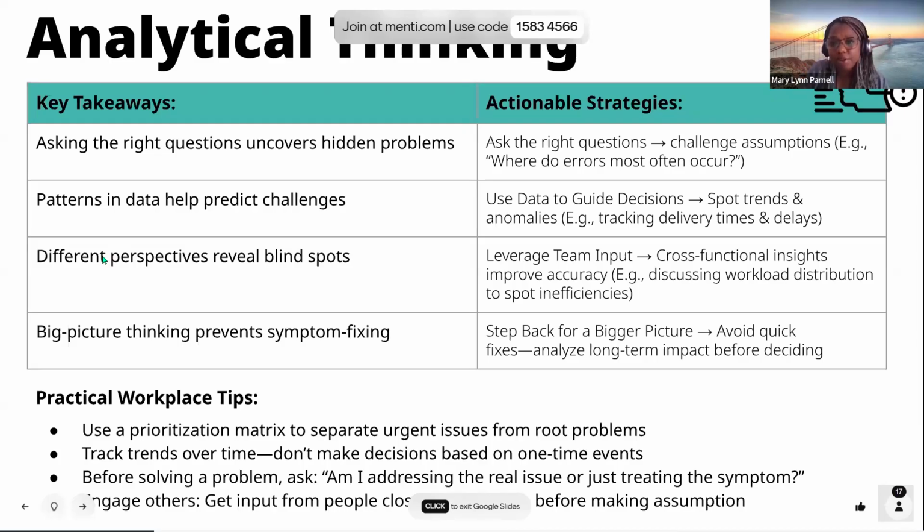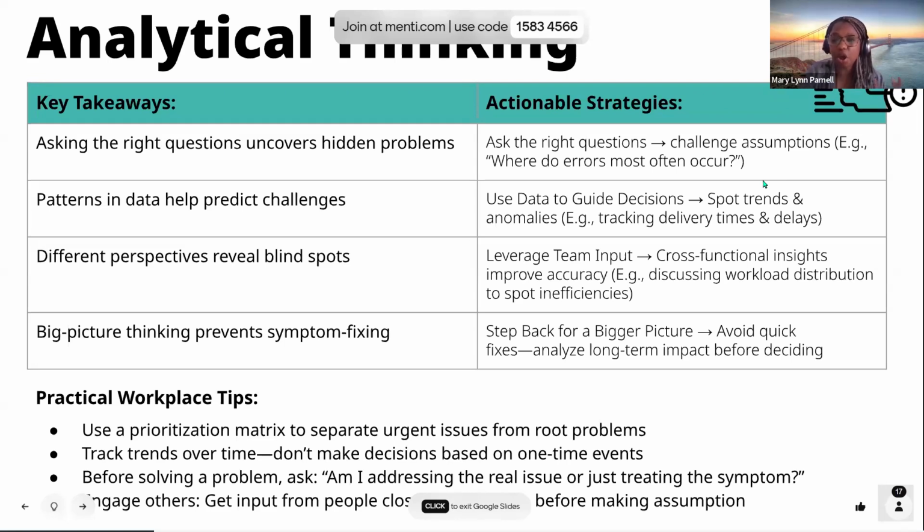And here's where we leverage team input. What does it look like to get cross-functional insight so that we can improve our accuracy, discussing workload distribution, spotting inefficiencies? I think that's better. Big picture thinking also prevents symptom fixing, stepping back for the big picture, avoiding quick fixes, and analyzing long-term impact